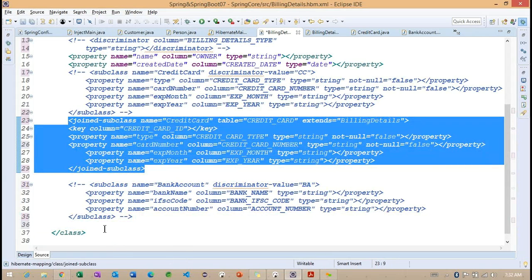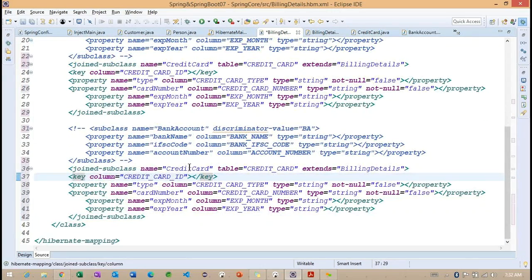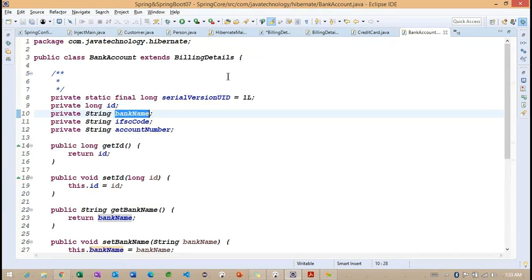We want to create one more joined class here, bank details. So what is the table we want to create here? The table bank underscore account, which is going to extend from the billing detail, bank account ID, and